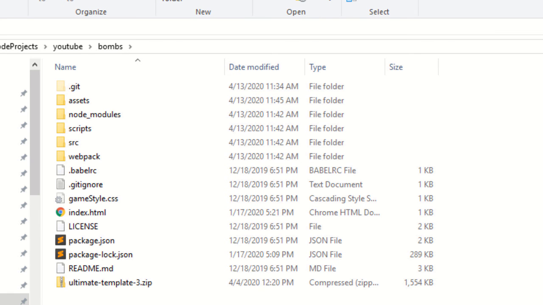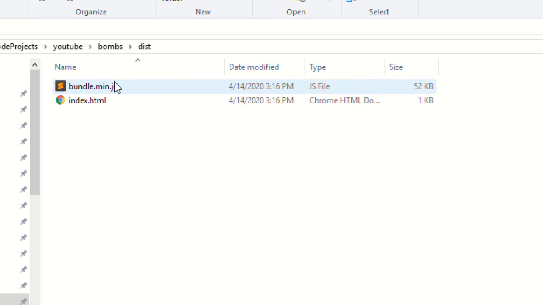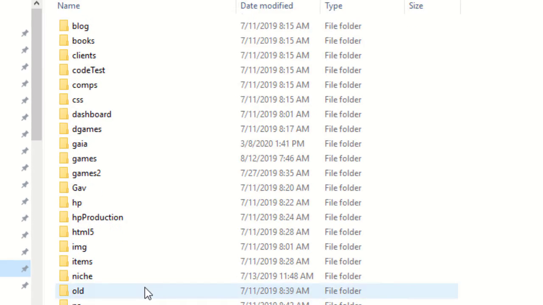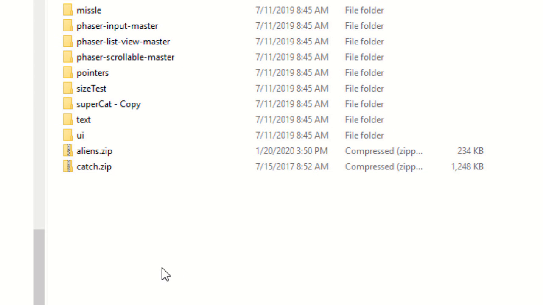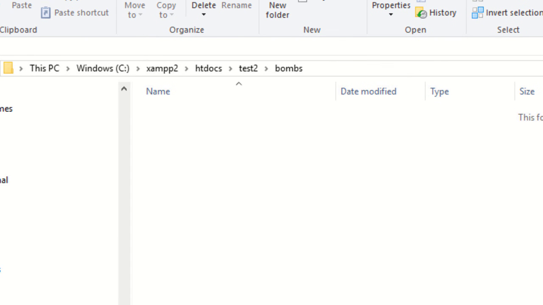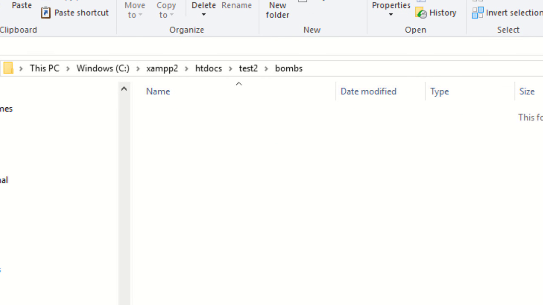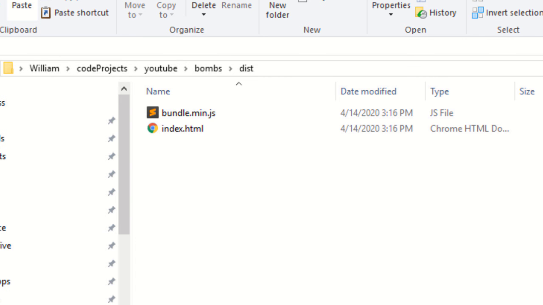And then that's going to create a folder in your main folder called dist for distribution. There it is. And I've got a bundle min, which is the entire game, and index HTML. Now to assemble this, let me go ahead and open up a local web server. And I've got a folder here already called test2. I'll make a new folder called bombs. And you can use web space for this as well. I'm going to copy the index and bundle. I usually rename that when I bring it into the folder, but we can leave it as it is for now. I'm going to grab my assets